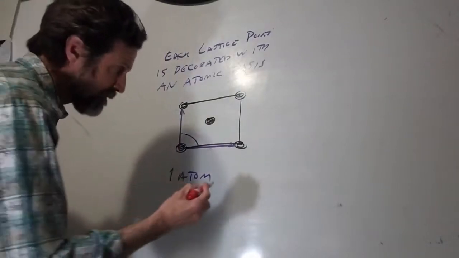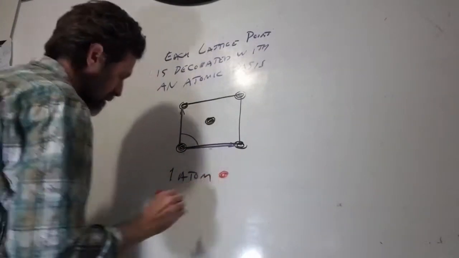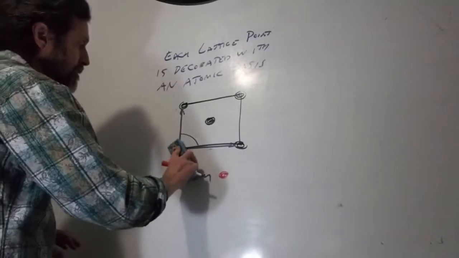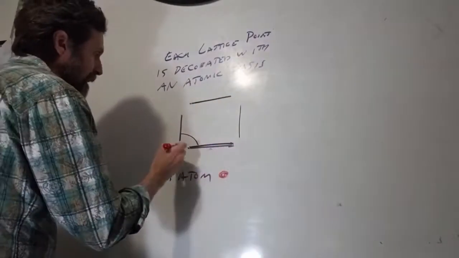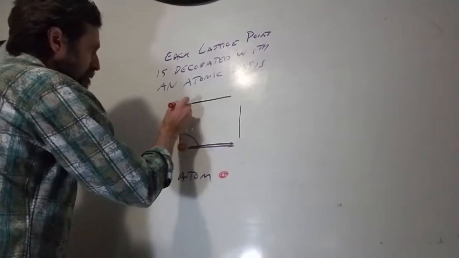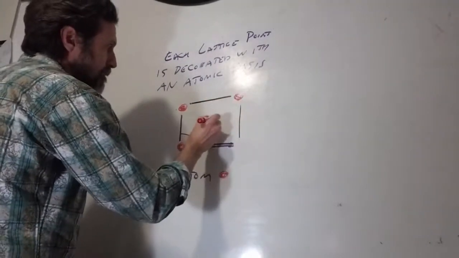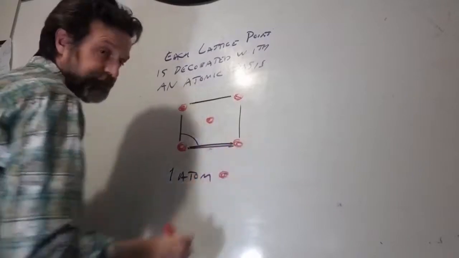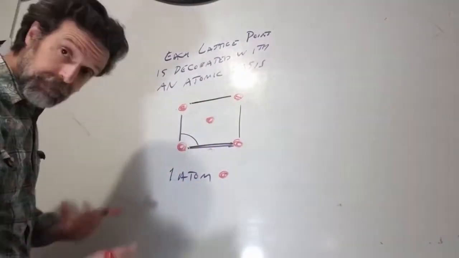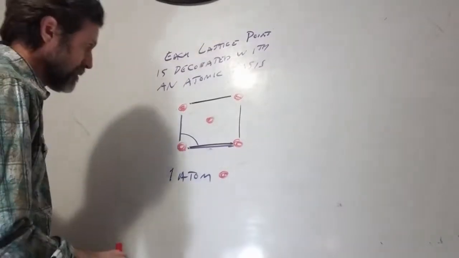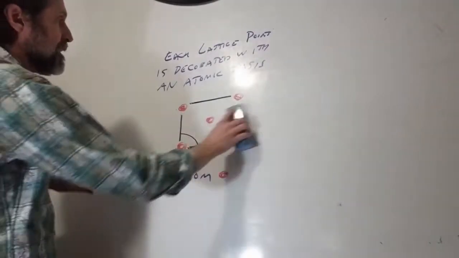let's make it red, then each one of these lattice points, which I had black, well, now those are red. And that would be our 1 atom basis. We could have a 2 atom basis. So for example, we might have something like